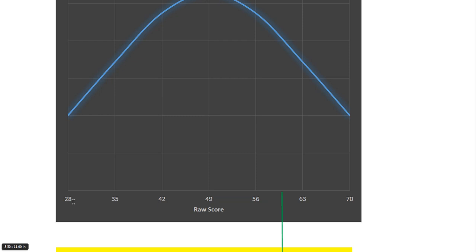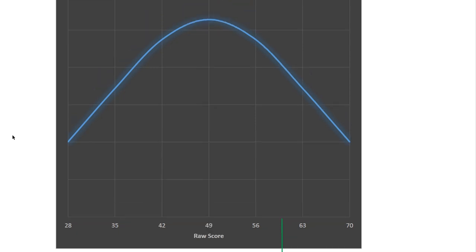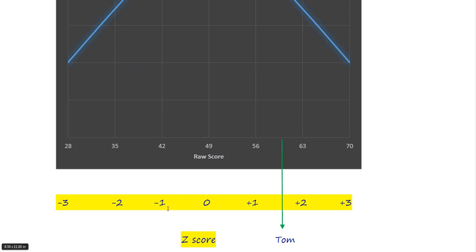These are the values of the normal distribution. At the center lies mu, and on the right side we add one standard deviation, and on the left side we subtract one standard deviation. This is the normal curve, and these are our raw scores. Here, sorry, these are our z scores. Here the mean is 0 and the standard deviation is 1 in the z distribution, which follows the standard normal curve.